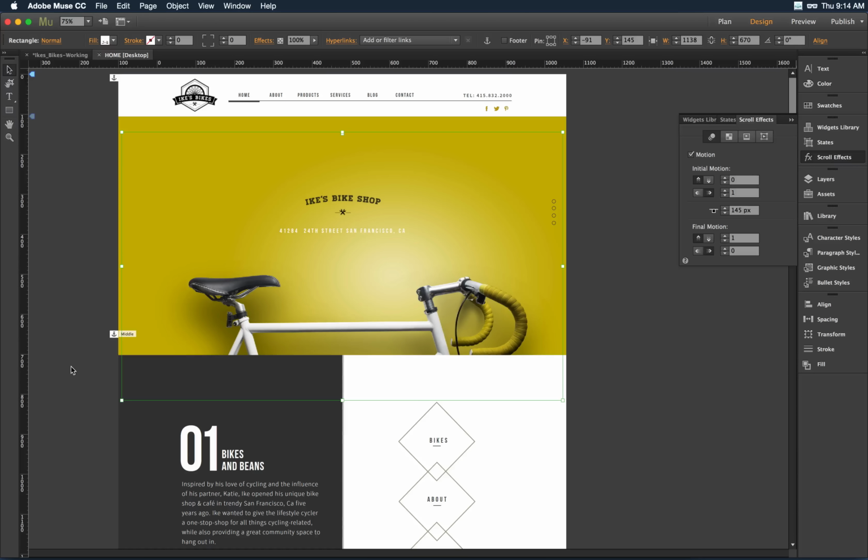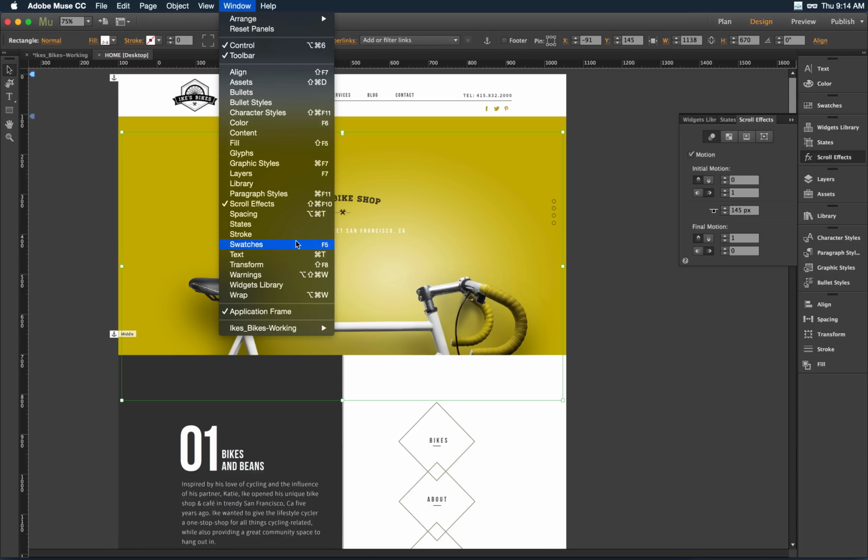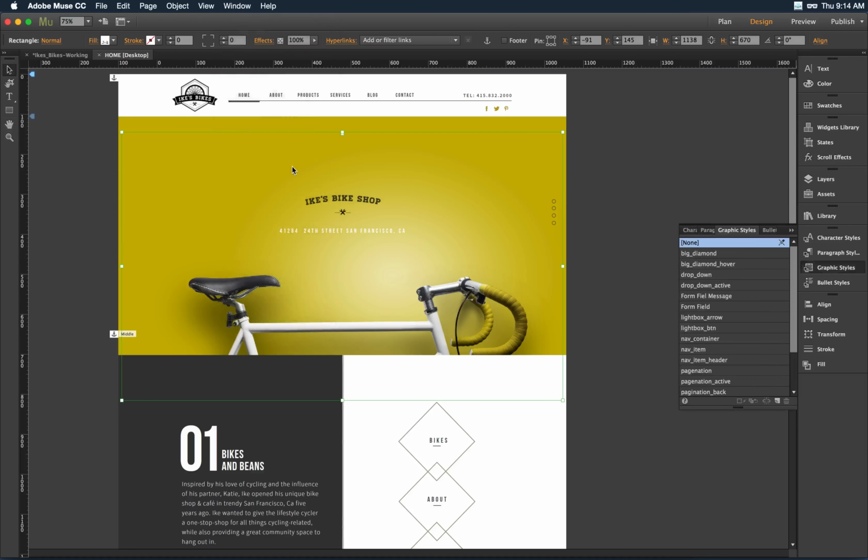So yeah, pretend we thought that was ideal. What I'm going to do is come into my graphic styles. If I pull down under Window to my graphic styles here, you'll see for this Ike's Bikes example, we're using quite a lot of graphic styles. But I can come in and save that style that has scroll effects applied to it and apply it to other objects. So basically come on in and say